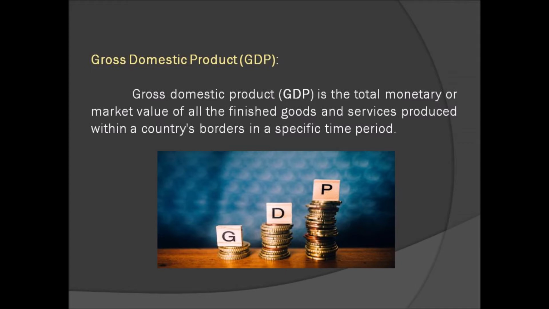The GDP of a country measures the market value of goods and services produced only during the specified time period. The goods and services produced in earlier periods, that is, before the time period, are not included to calculate the GDP. So these are the two factors which we have to consider while calculating the GDP. One is whether the goods and services are produced within the country's border, for which country we have to calculate the GDP, and second is whether the goods and services are produced during a time period.